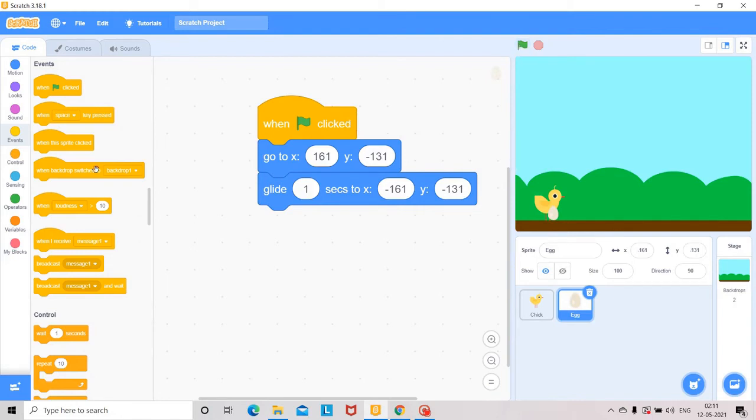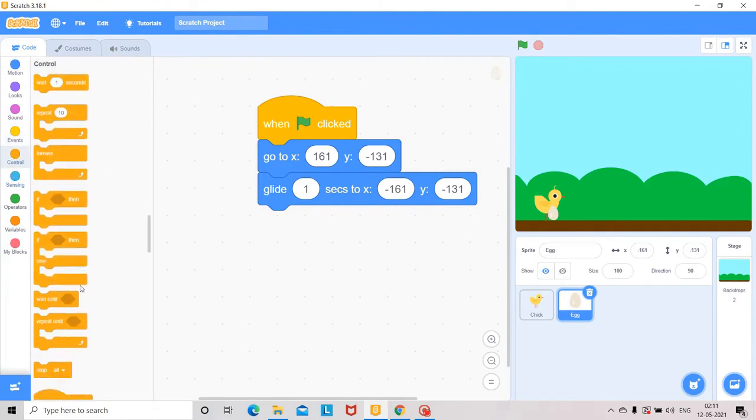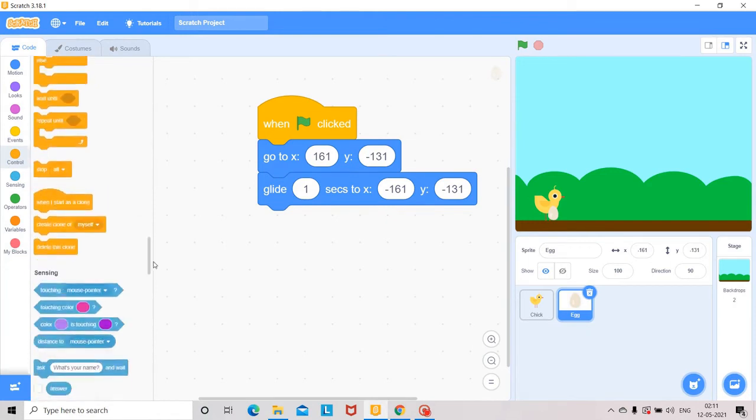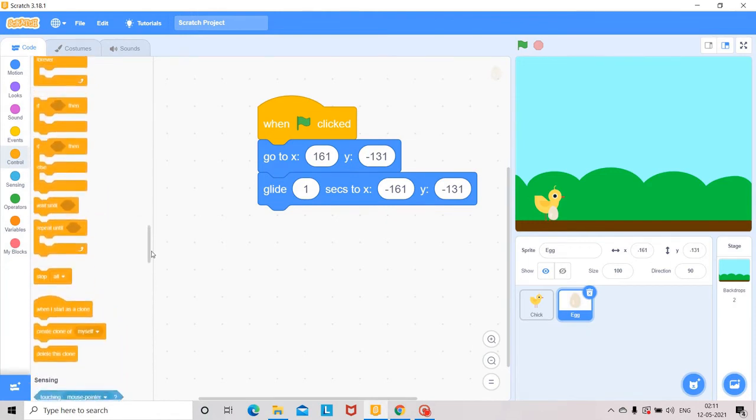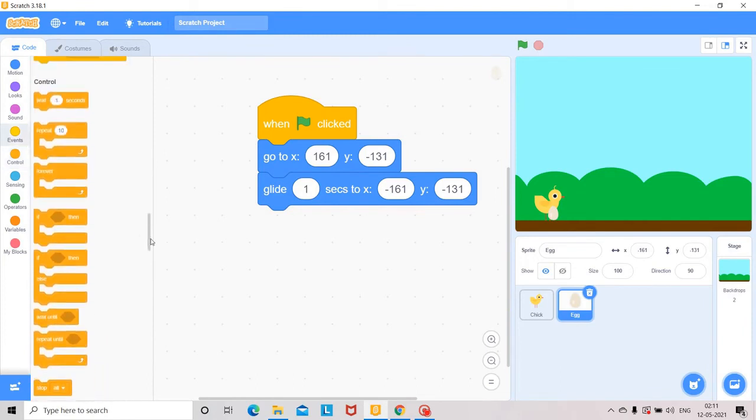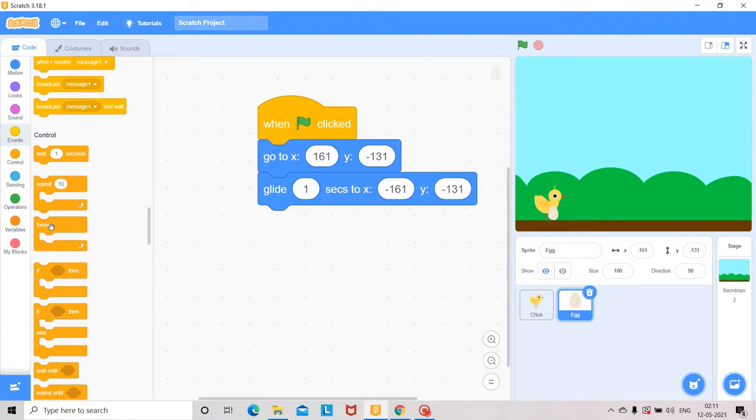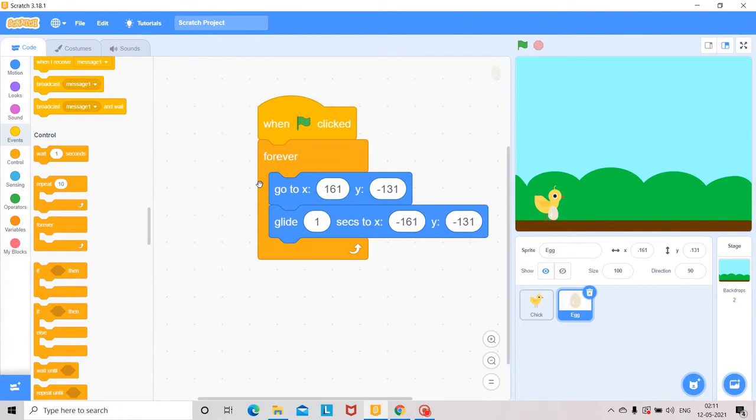So you can take the block that is in control, that is forever. So when the flag symbol is clicked, the egg comes forever towards the chick, and the chick will jump over the egg when you click the space button.